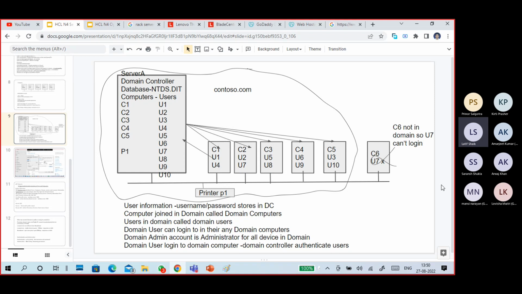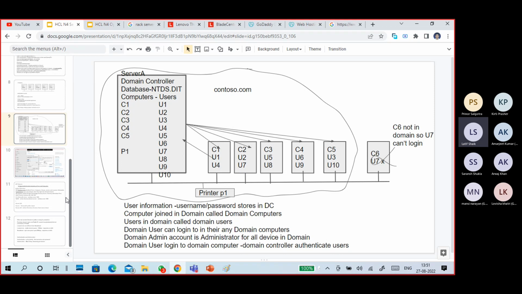Right? So again, what do we need? You need more domain controllers. In case one domain controller is down, an additional domain controller, which is called the secondary domain controller, helps you continue the work. This is primary and we will get a secondary. But again, it is another server. An additional server means an additional physical server